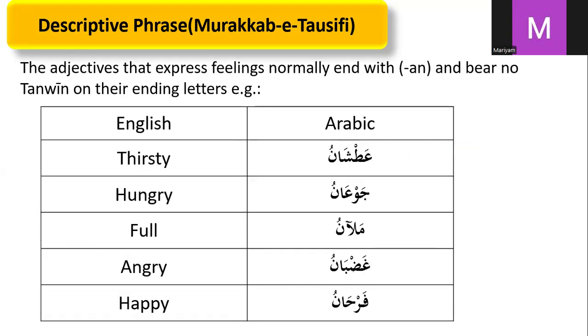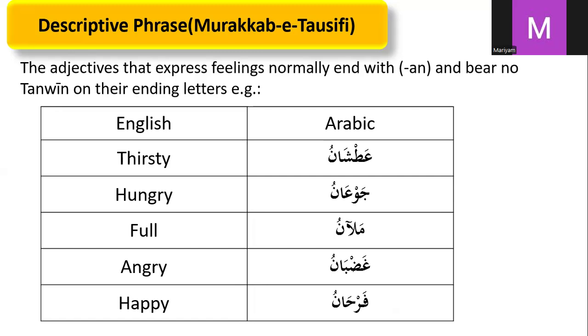Generally the adjectives, as you know, are also nouns. In Arabic we have learned there are only three kinds of part of speech: noun, fi'l, that is verb, and particles. So noun plays the role of many words in English, like adjectives, pronouns, adverbs. They are also nouns. If they are nouns in Arabic, that means they follow all the rules of nouns.